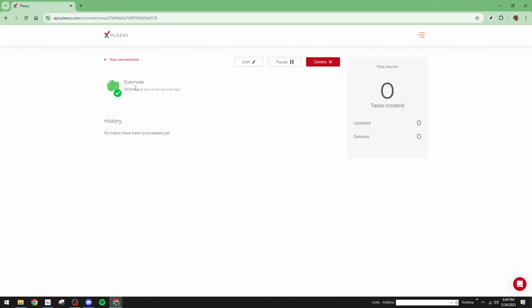By the end of these steps, you'll have a customized and automatic system that turns your Evernote notes into Todoist tasks, making sure nothing slips through the cracks. This integration is not only a time saver, but also a productivity booster, ensuring that you can manage your tasks with more ease and